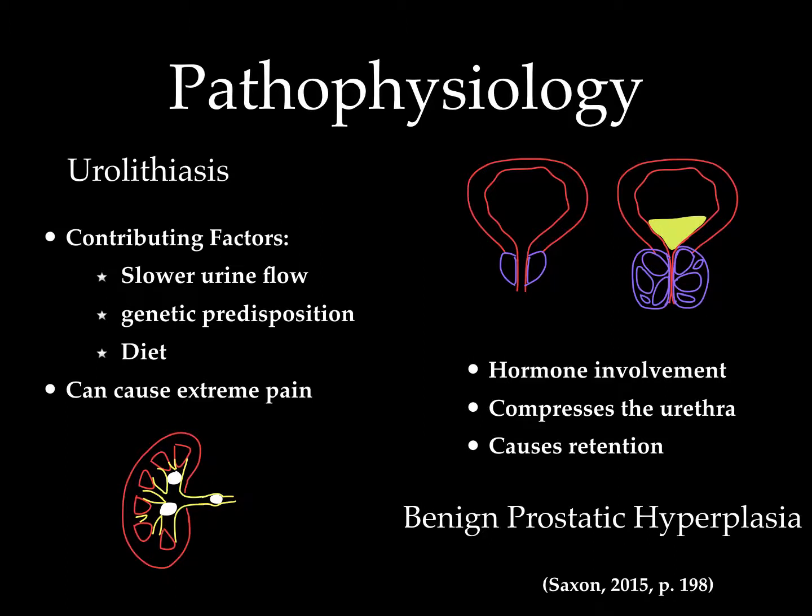There's benign prostatic hyperplasia. This is an enlarged prostate. The exact cause is unknown, but it's believed that the hormones in aging men have something to do with it. Basically, the prostate pushes on the urethra as it gets larger, which doesn't allow the normal passage of urine through the urethra. These patients may frequently urinate small amounts, but will have a harder time voiding completely due to the pressure on their urethra.